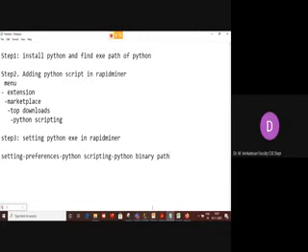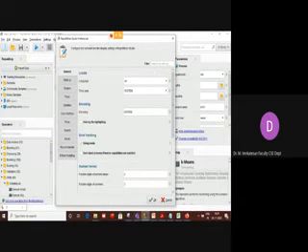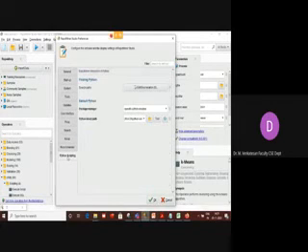So I will show you in RapidMiner. Go to settings, click preferences. This window will come. Here you have Python scripting. Just click this Python scripting. Then find Python and the Python binary path. Here we have to copy whatever path you already copied and kept in the notepad, and paste it here. Simple. Then you test it.